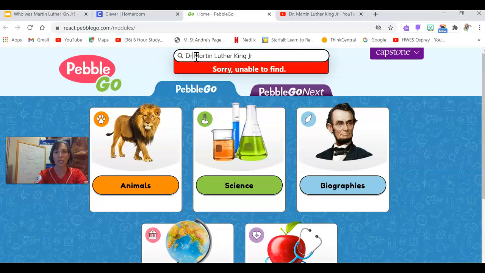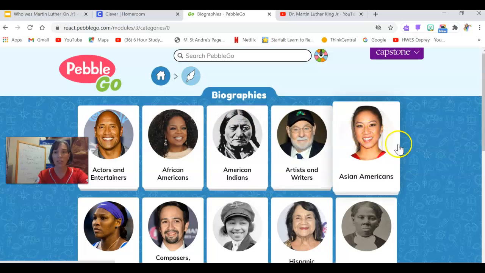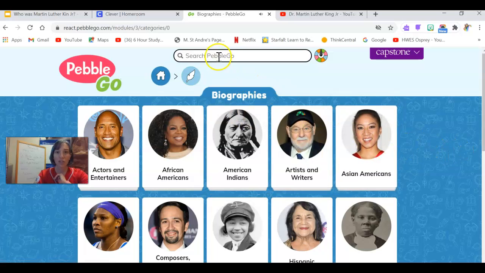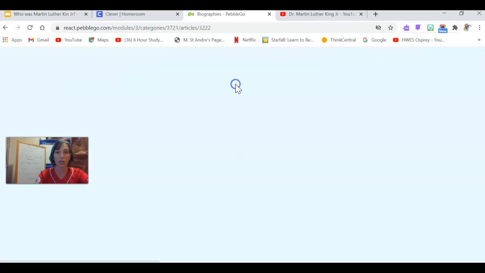What if I take away the doctor? What if I take away the junior? That is not true. I know that is not true. So, well, if something comes up like that, you can always go to biographies. Those are books and articles about artists and writers, just about people. Now, Martin, there we go. Now when I search him in, Martin Luther King Jr.,